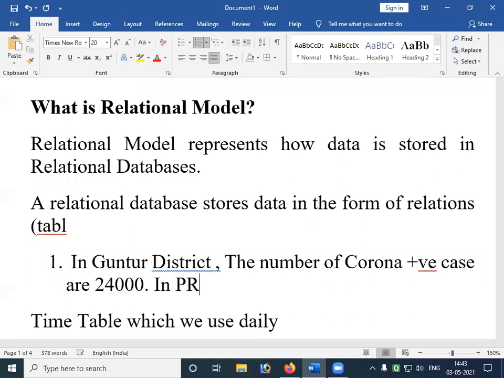In Prakasham district, the cases are 12,000.